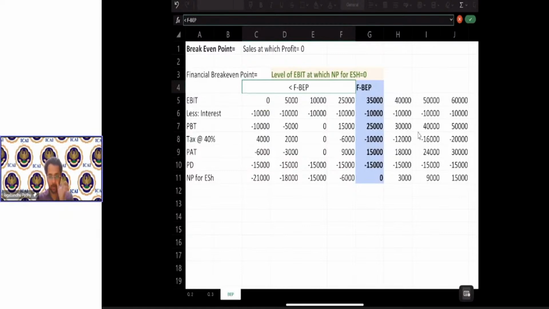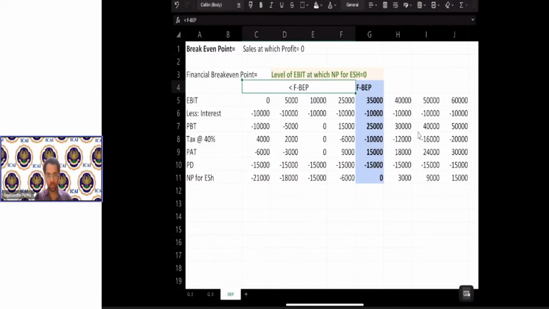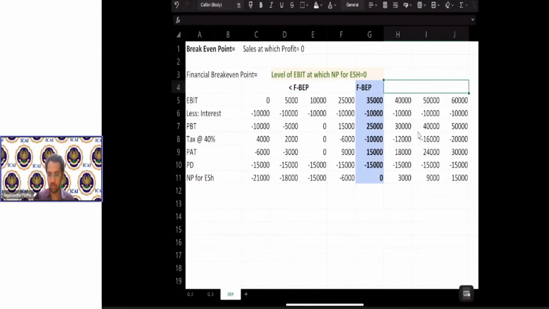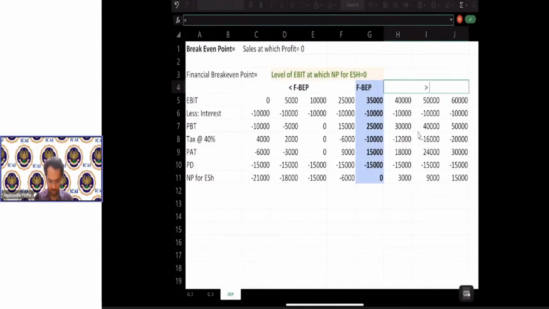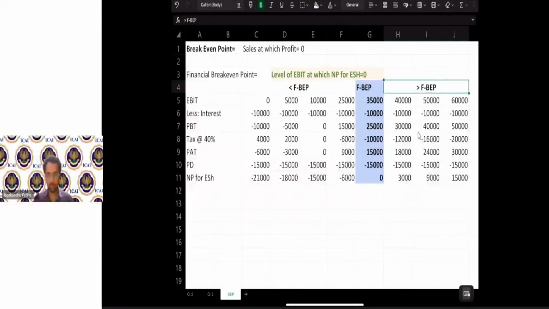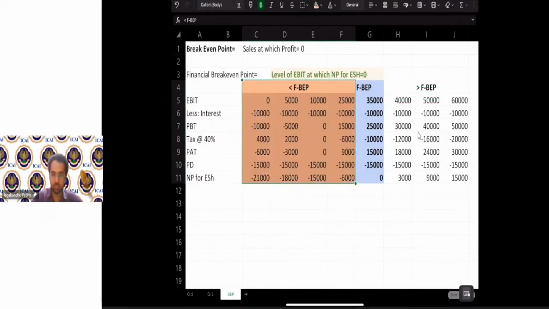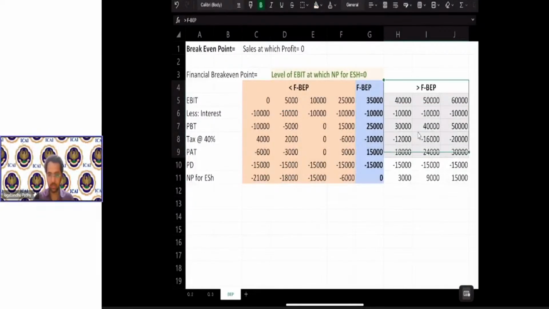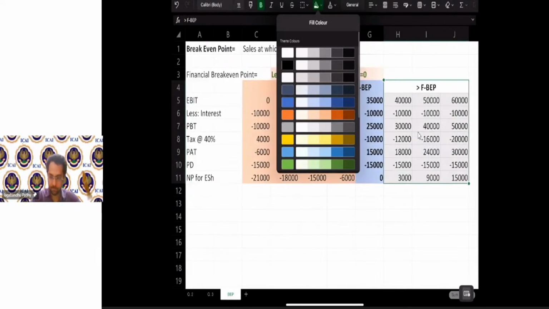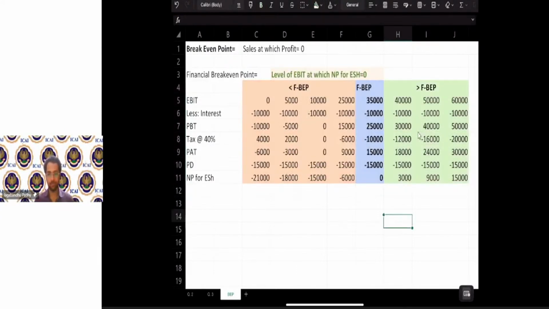So EBIT less than financial break-even point is one area. And these three are the ones which are greater than the financial break-even point. Okay, so here we have these things. So looking at this table,